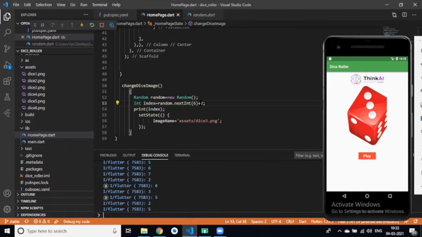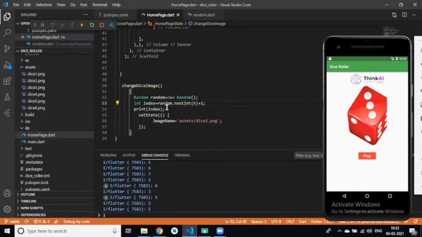So now we can create our random function and get a random integer. And on the basis of that random value, we can change our image, right? How can I change the image on the basis of this random value? If I get 1, then the dice will be 1.